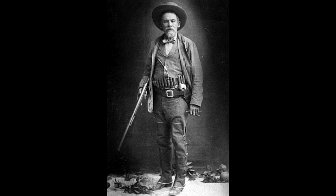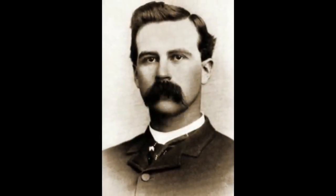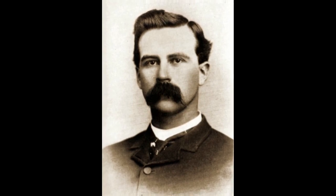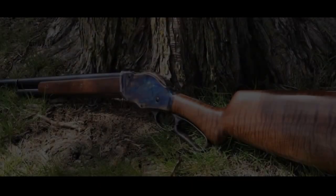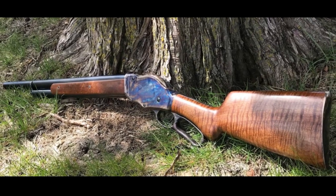Lawman Jeff Milton used his 10-gauge 1887 Winchester shotgun to kill the famous three-fingered Jack Dunlop during an attempted holdup of the Southern Pacific Railway in the Arizona Territory. The repeating shotgun was also known as an exceptional defensive firearm. It was heavily used by railroad messengers on the Denver and Rio Grande railroads during the time of the intense